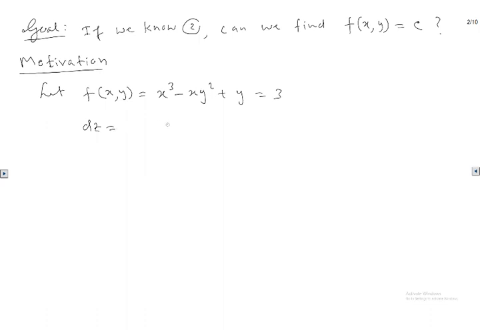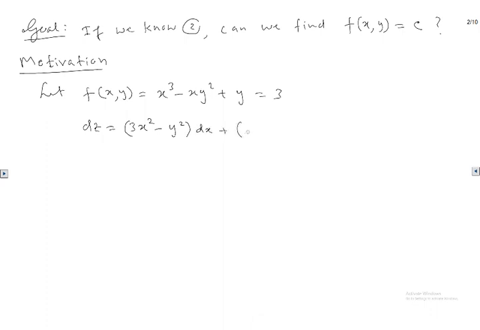Let's take the first partial derivative with respect to x. So it is 3x squared. We're going to consider y a constant, that's what it means. And then minus, if y is a constant, so y squared is just a constant. So if you take the derivative with respect to x, you get y squared. Okay, this is a partial derivative with respect to x. So you treat y as a constant. So wherever you see y, it looks like a constant, times dx